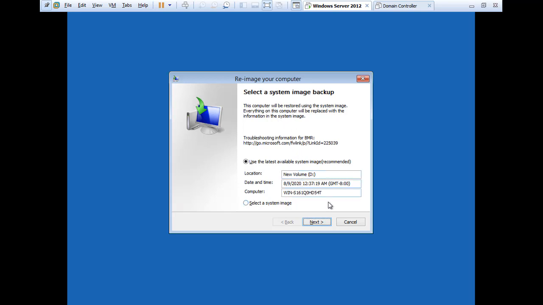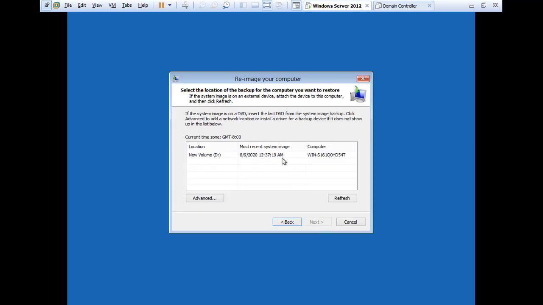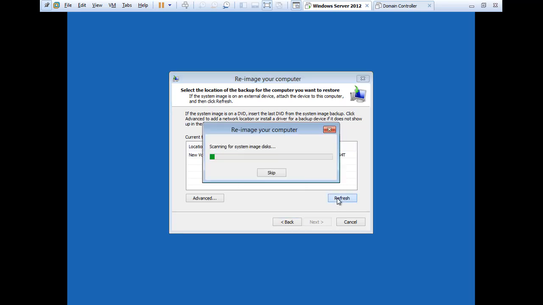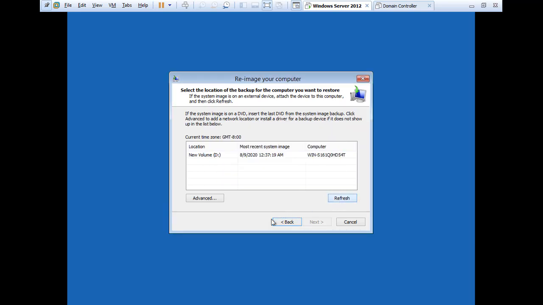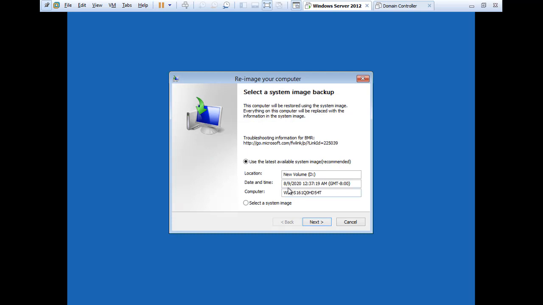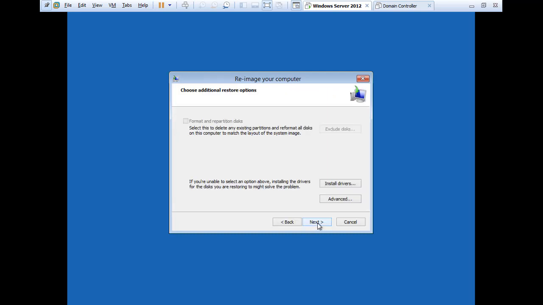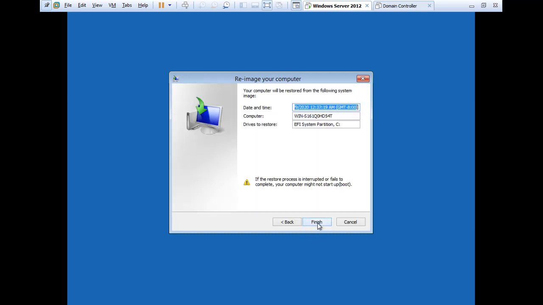This is the most recent image available. If you want to choose that one, otherwise you can select the system image. Go back and choose this one and click Next.